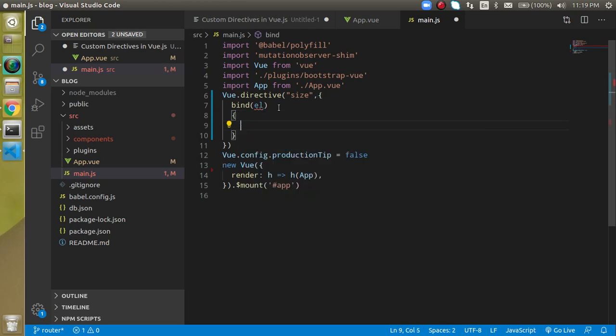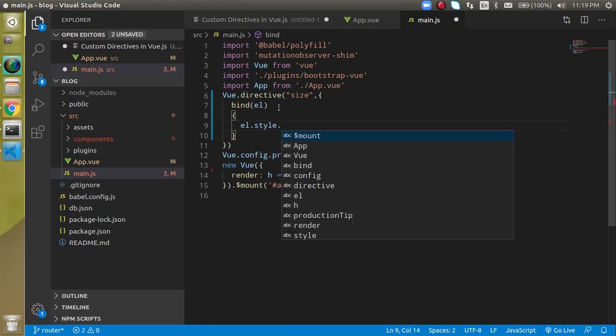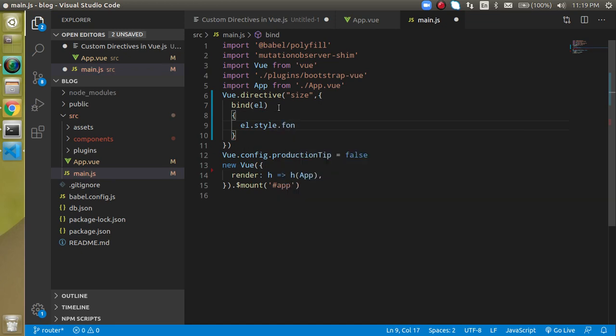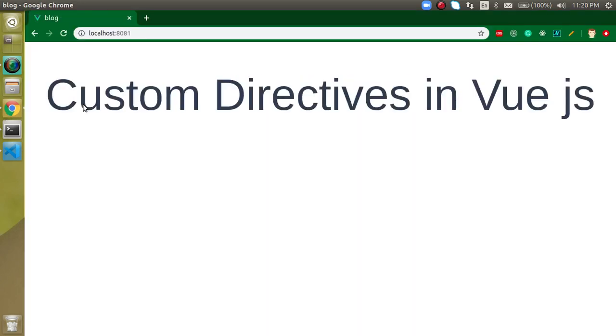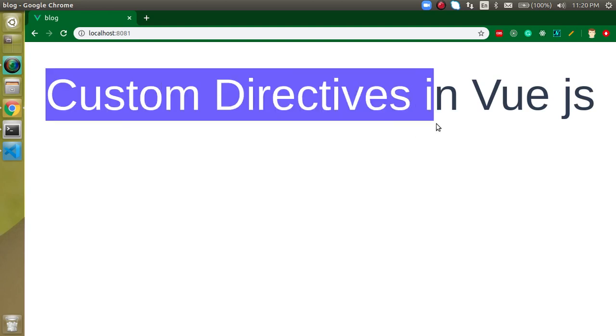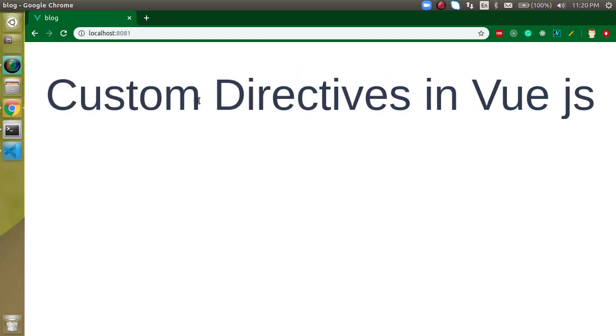So we can use here el.style.fontSize. Font size can be like 100 pixels and it should be inside the quotes. So now let's refresh it, and now you can see that the size of this text is changed.